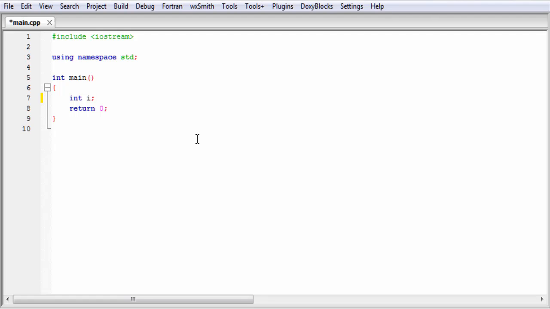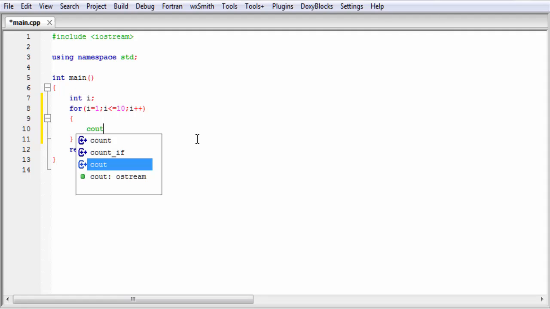Then we create a for loop with a pair of parentheses, and inside the parentheses I am going to write i = 1, i <= 10, and then i++. And inside the loop we print the value of i, so I am going to write cout, then i, and then endl.